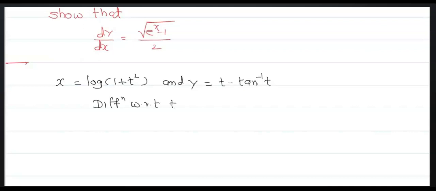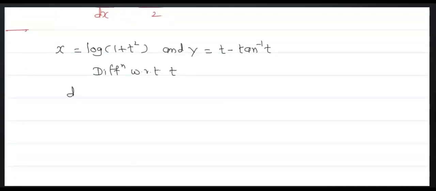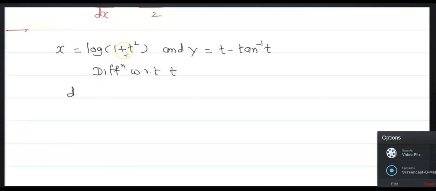Now differentiate this with respect to t. Derivative of log of 1 plus t square means what? 1 upon 1 plus t square into derivative of 1 plus t square. Derivative of 1 is 0, t square is 2t. Therefore, dx upon dt is equal to